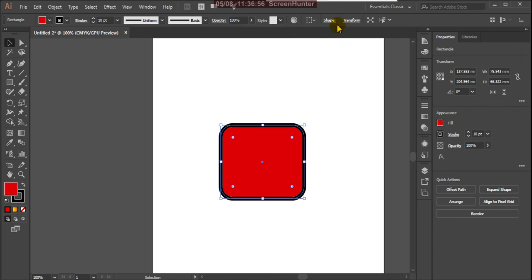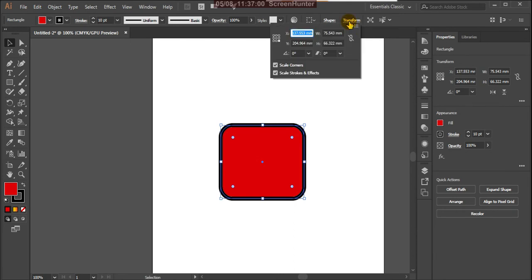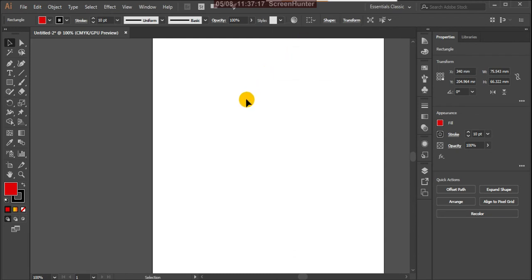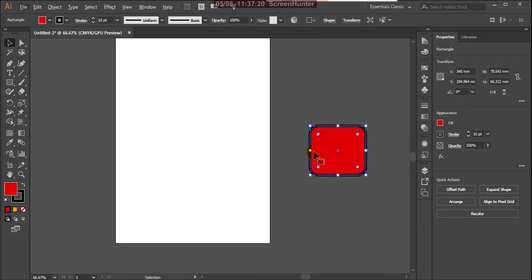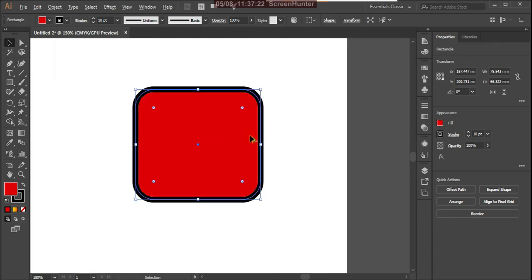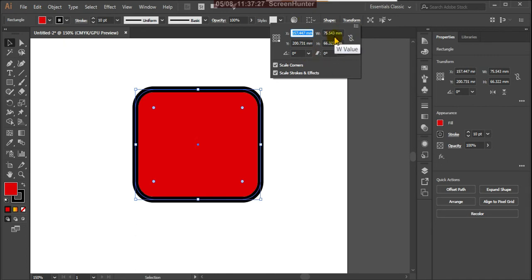Okay, then here the transform panel. So this is the transform panel. You can give values here. Suppose you give anything, just enter the value and it changes that place. So accordingly, the given value it can change. The way you use it, that's up to you.